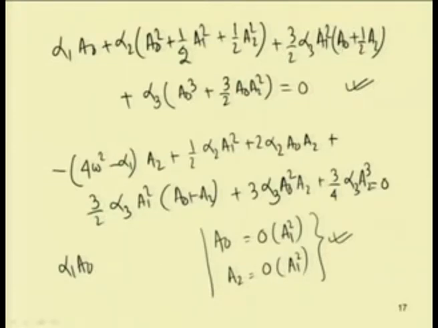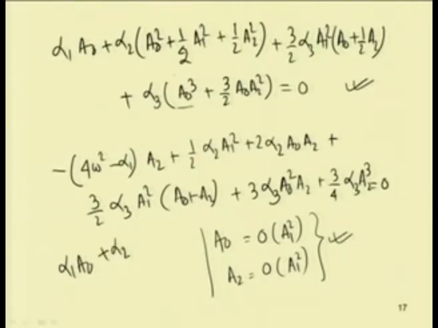So, multiplied by a1 square. So, this is a to the power 4. Similarly, this a1 square into a2 is also of the order of a1^4, and this a0^6 is of the order of a1^6, and a2 square is also of the order of a1^6. So, neglecting the order of a1^4 and a1^6, we can write this alpha 1 a0 plus alpha 2